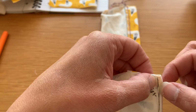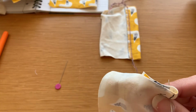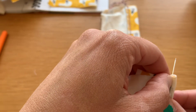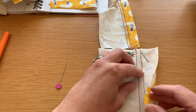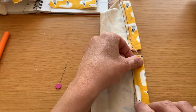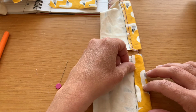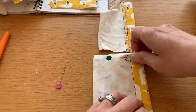You basically just want that 1/4 of an inch. So if you imagine your left needle is piercing that particular fold, and then that is where you want your left needle to hit. This bit of fabric is going to be here, and you want it to sit within that left needle. If you put it over, then you're going to end up with bunching. You want it to be a little bit further over. So if you imagine that that is like that,